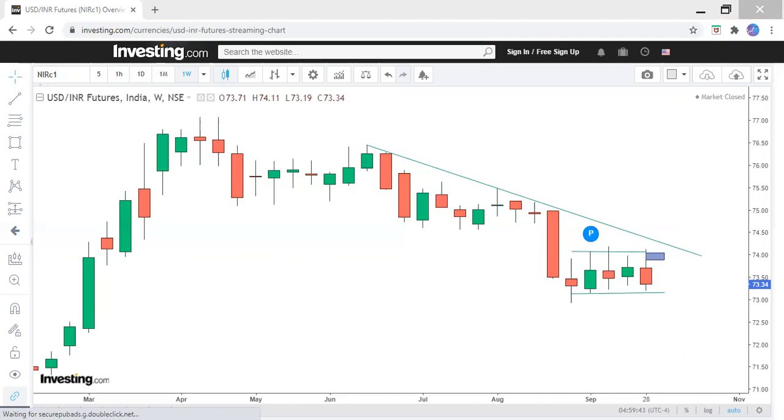Based on the analysis, I would like to suggest going long some puts on the lower side, like 72.5 or 72.75, which we can get at around 2 paisa or 3 paisa. If we go long that put, we will be protected against an abrupt downside move if it happens in a single day. So that would be the probability, and we will be hedged against that abrupt move.